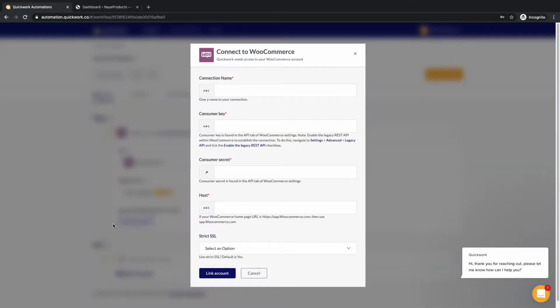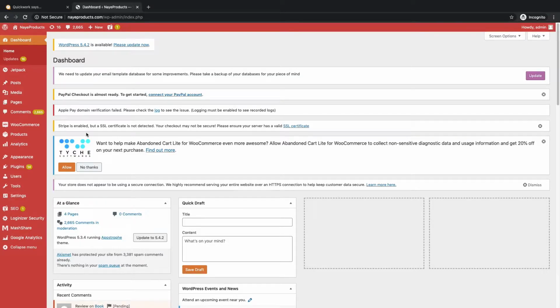So I'm going to click the link account. It's going to present me with a great deal of information with the connection name, consumer key, secret, host name, and whether there is SSL involved or not. To help you with all of these details, I have created a WooCommerce account and installed it inside my WordPress